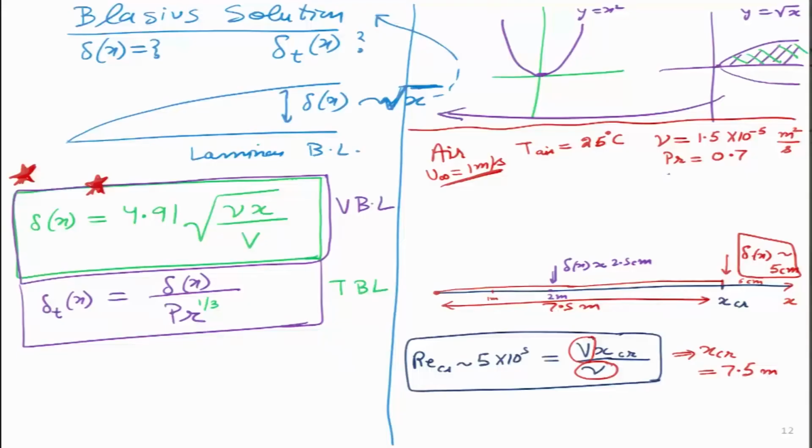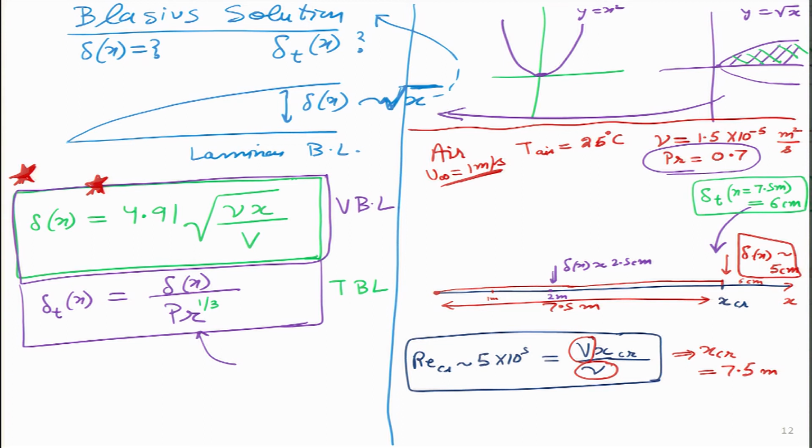Now one good thing is we also have the Prandtl number over here, which means I can also calculate the thermal boundary layer. So if I put that Prandtl number over here and take the power 1 by 3, at this particular point I will write that value as well. So the thermal boundary layer at x equals about 7.5 meters turns out to have a value of about, I am just giving a rough value, about 6 centimeters or 5.5 centimeters over there.